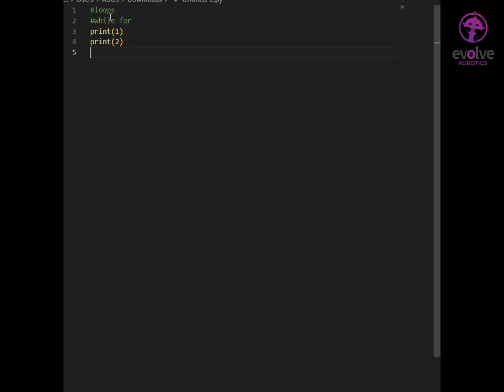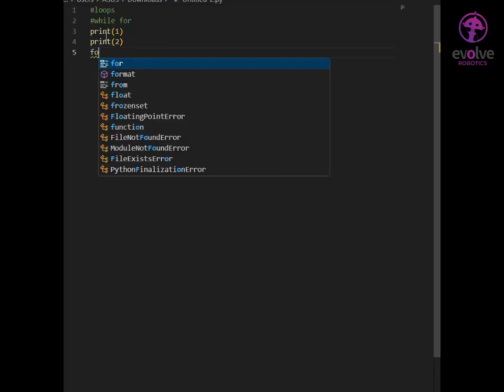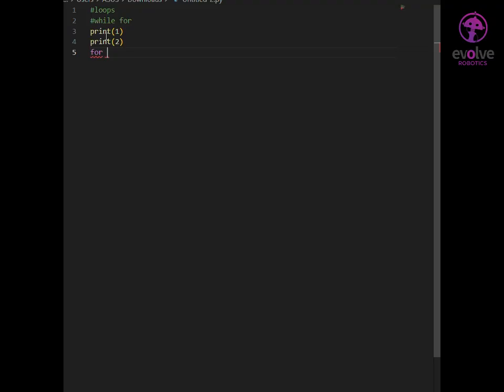So why do we need these numeric loops? The for loop is also called a numeric loop. If you want to generate numbers from 1 to 10, you could use this for loop. The syntax of a for loop starts with the keyword for, and we have to use a variable. You can take the variable name as anything you want. I'm taking i, and in range